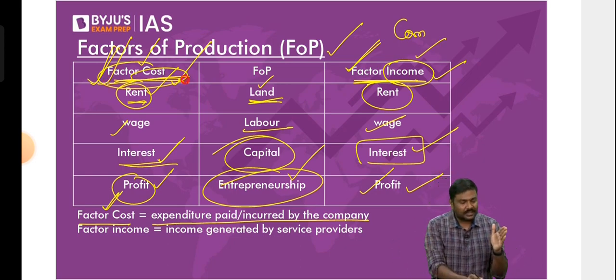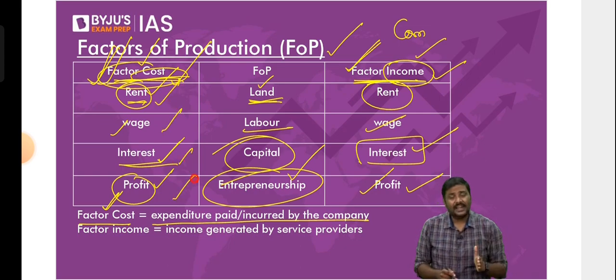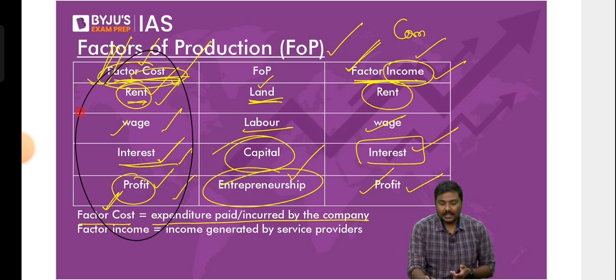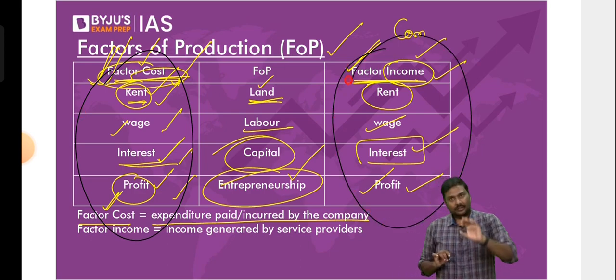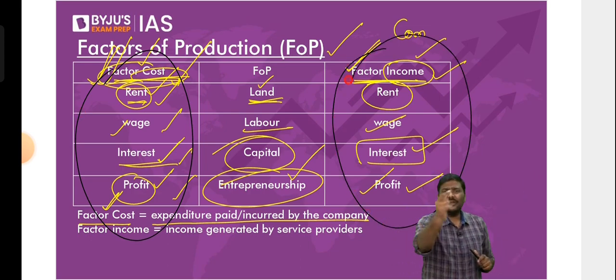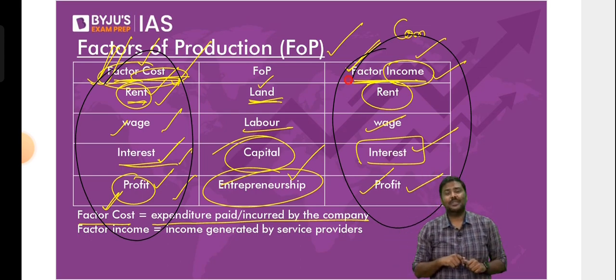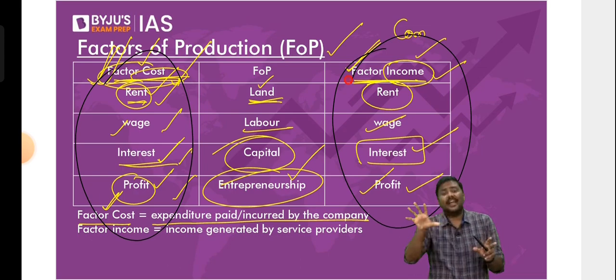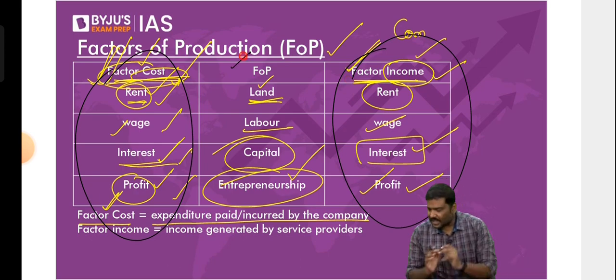And on both sides, have a look at this, the same parameters are written. But on one side, these are the expenditures incurred by the company. These are incomes generated in the economy. Example, imagine government. You will provide your labor services to the government. Government will pay you factor income. Government will purchase a machine from another company. Government will pay interest on it. So that is the basic idea. Four factors of production, the factor cost as well as factor income.